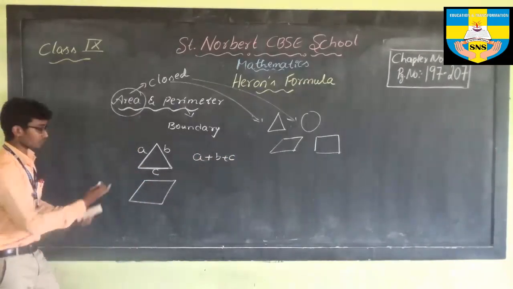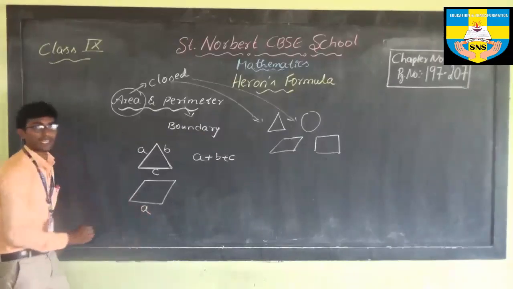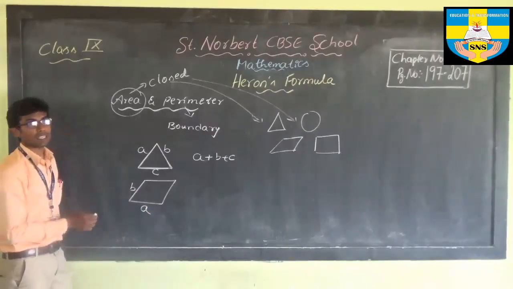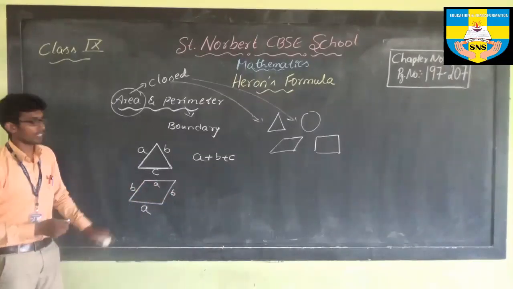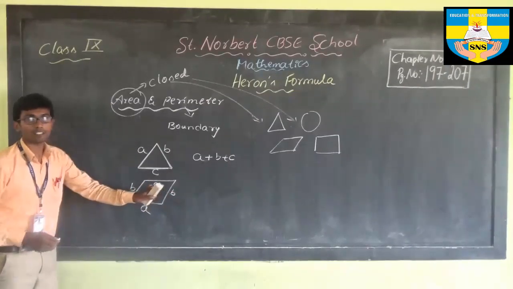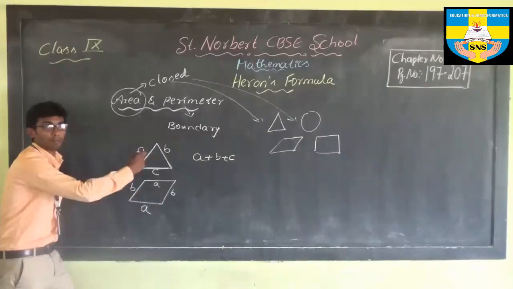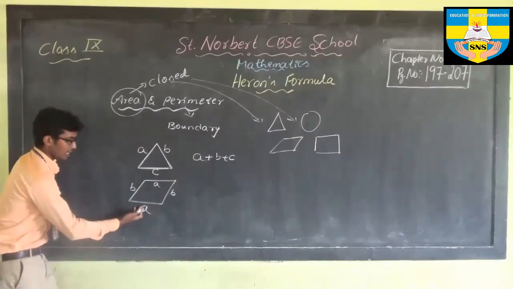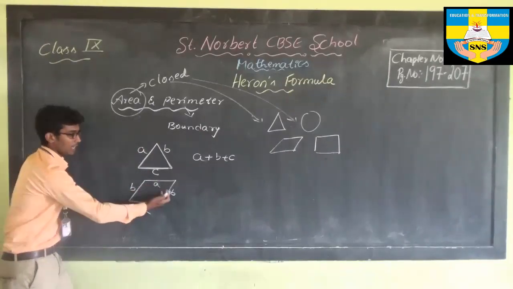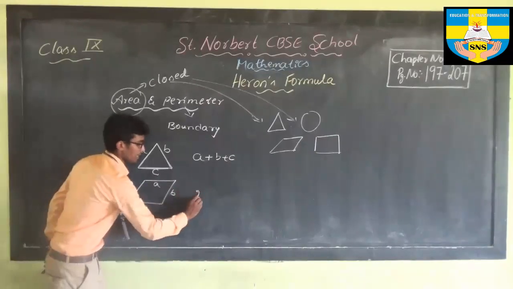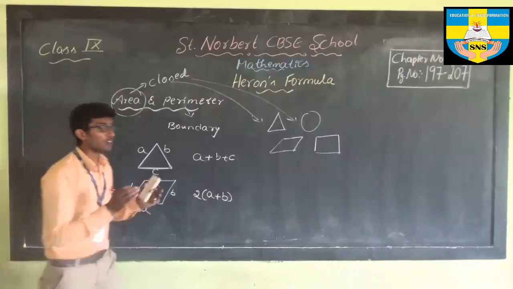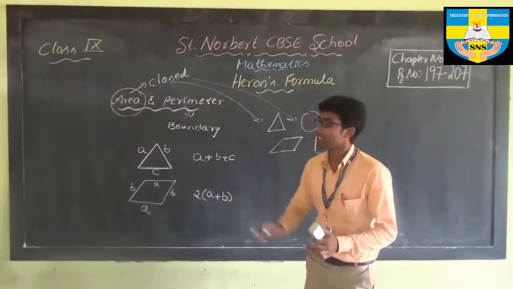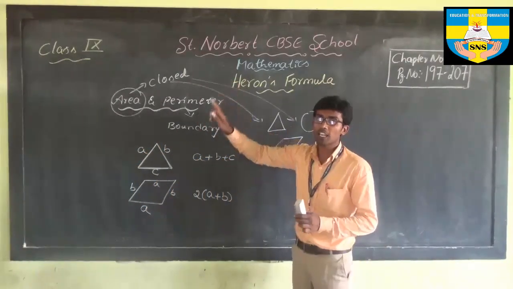In case of parallelogram, if you take this as side A and if it is B, in case of parallelogram, opposite sides are equal, so you will be having A, B and B. Okay. Then how will you calculate the perimeter of this figure? A, this is B, A and B. 2 times A and 2 times B, you can write 2 times A plus B. Basically you need to remember, when it is perimeter, it is nothing but the boundary of a closed figure.